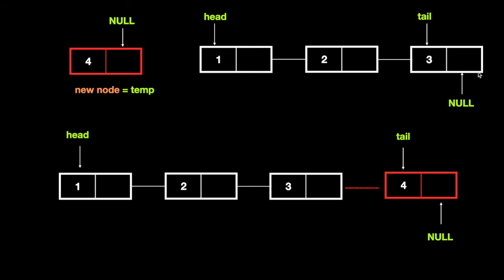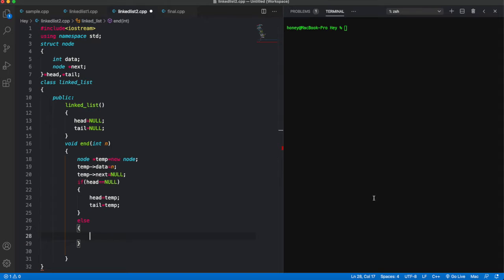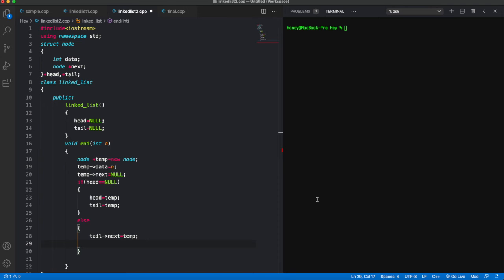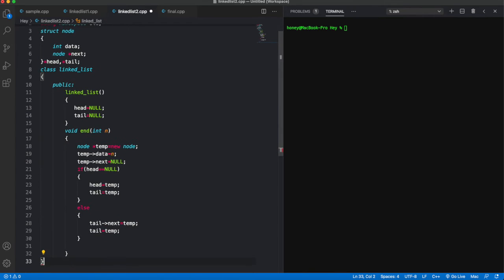So tail to next should be equal to the new node, that will be tail to next should be equal to temp, sorry. And after we assign tail to next to our new node, tail should be equal to temp. So here our function gets completed.